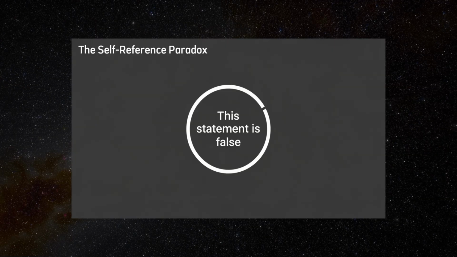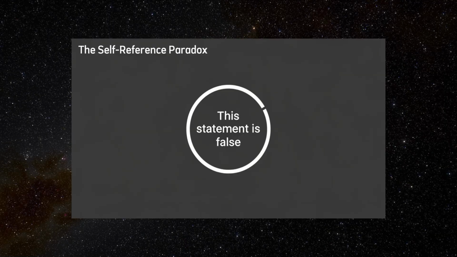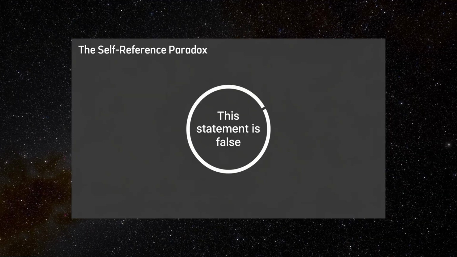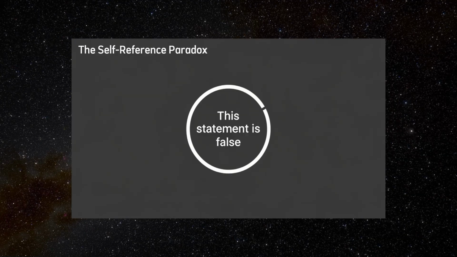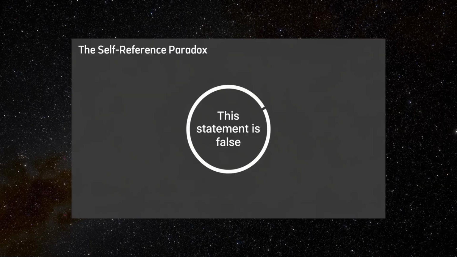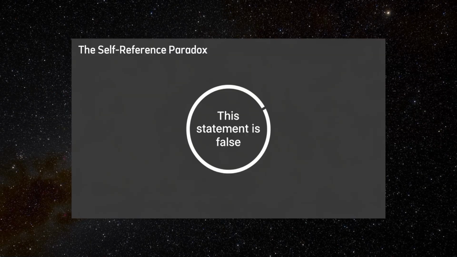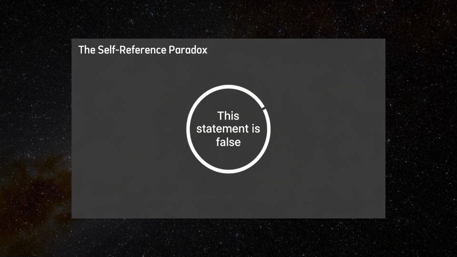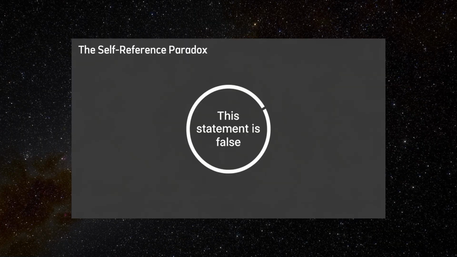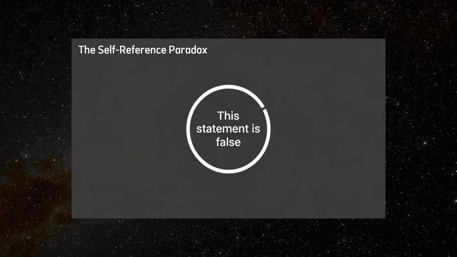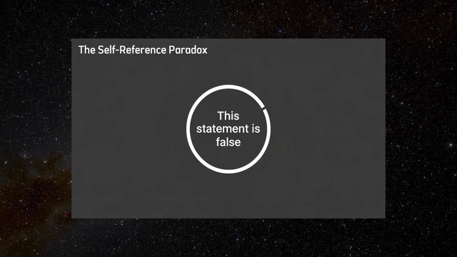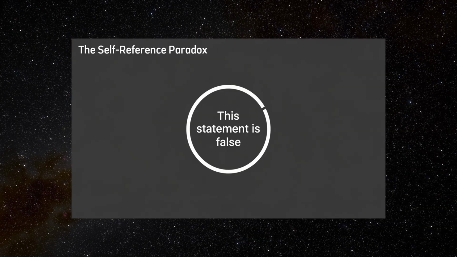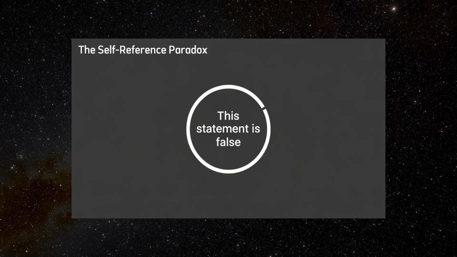At its simplest, the paradox appears in the form of a sentence like, "This statement is false." If the statement is true, then what it says must hold, so the statement is false. But if it's false, then what it says isn't true, which implies that it is true. Either way, we are caught in a loop: if it's true, it must be false; if it's false, it must be true. The statement refers to itself in a way that makes its truth value logically indeterminate.